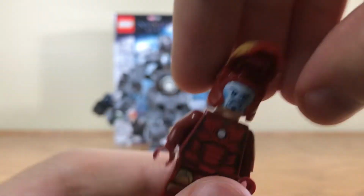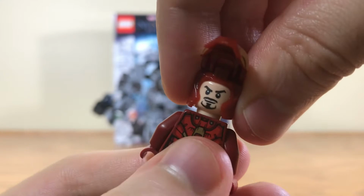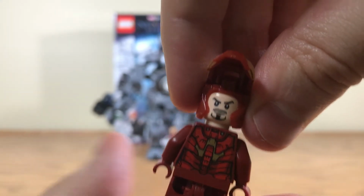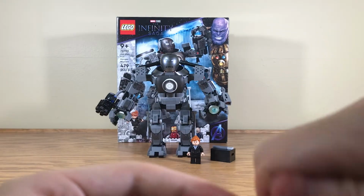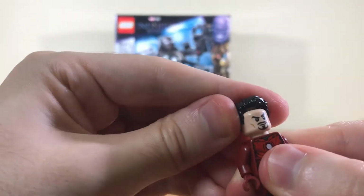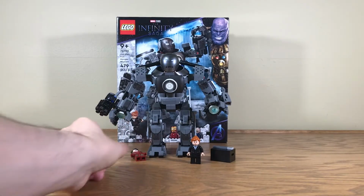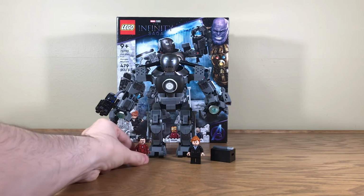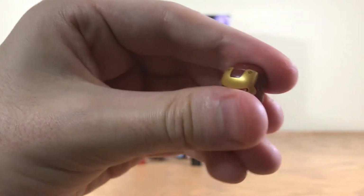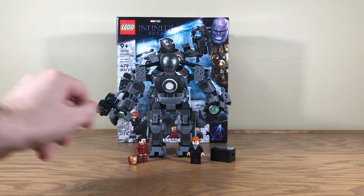And of course, we can open up the helmet, and then there he is with his HUD face. Or we can swivel it around, and then there is his regular face. So we'll go ahead and remove the helmet, twist his head around, and then we do get some hair to put on him here. And then here we have Tony Stark. So we'll go ahead and, oopsie, stand up Tony, put him down, close up his helmet, put the helmet next to him. And then here we have Pepper Potts,